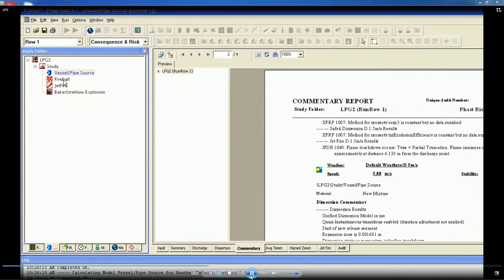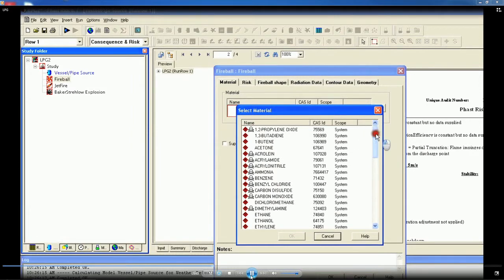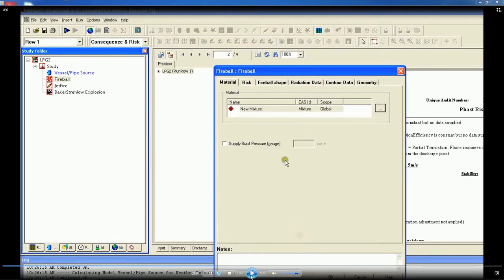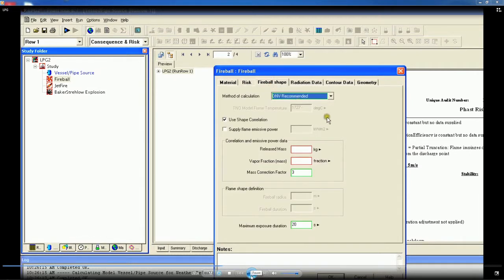Once you do this for a vessel pipe source, we go to the next consequence failure, which is a fireball. Again, for the fireball I have to calculate the risk and I must say what my mixture is for the fireball. I already have the new mixture available in my list. I pick that and say OK. Then I must apply what we call the burst pressure as input data, which is 7 bar. Then event frequency becomes one of the important input data, which depends upon the experience or the mean data available for similar accidents that occurred elsewhere in the industry. So, give this and try to compute the fireball shape.